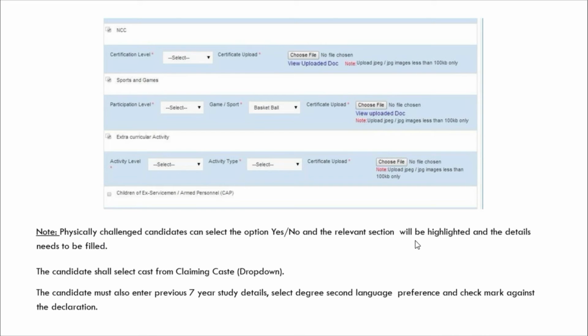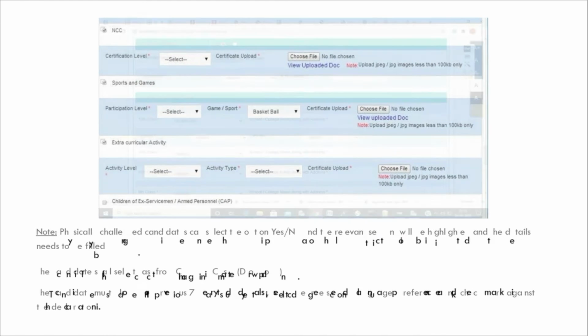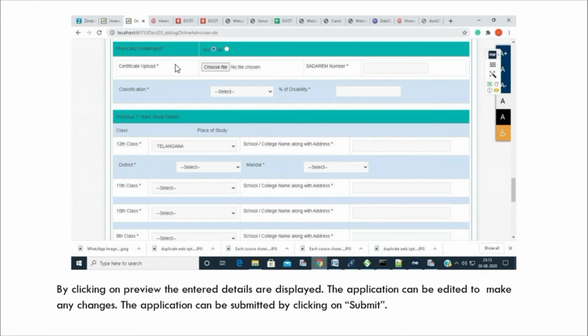Similarly, for physically handicapped or reservations or anything else, depending upon all these things, you have to keep your documents handy and upload them one after the other. Let's quickly see another screen which explains the certificates to be uploaded for your caste certificate, or physically challenged, if you are handicapped, might be orthopedic or one eye or two eyes. Please ensure that you upload things properly and give your details properly.